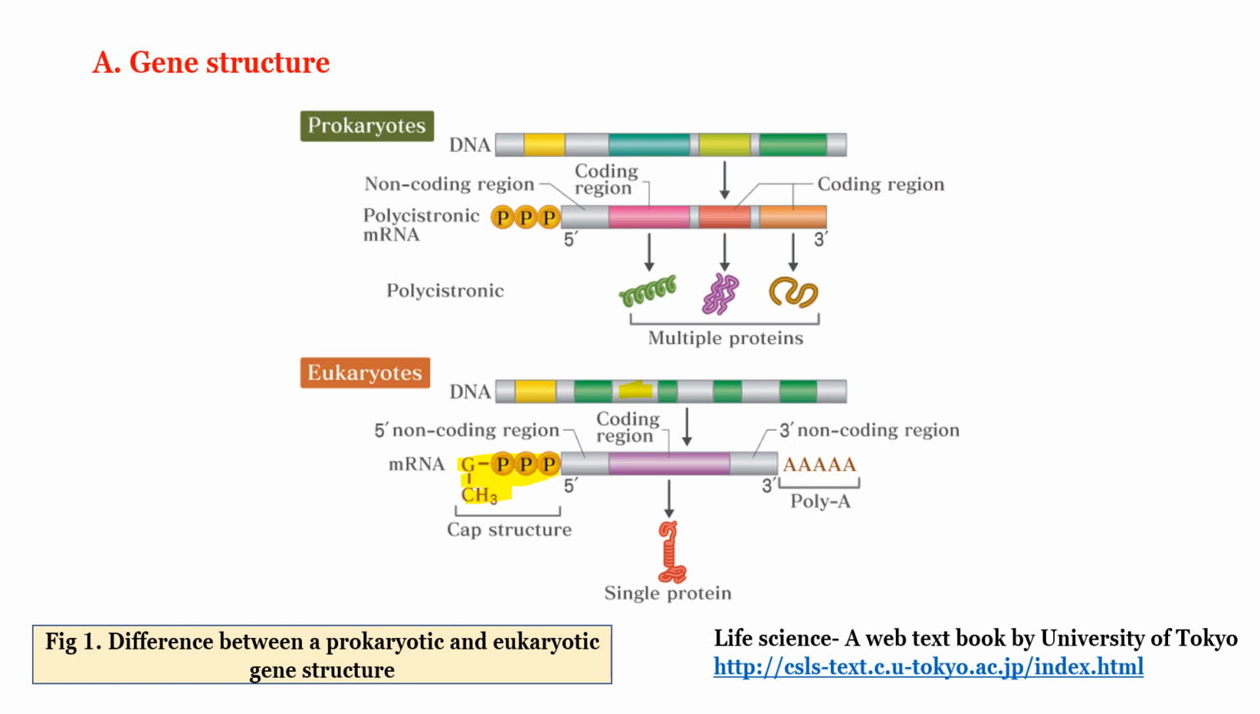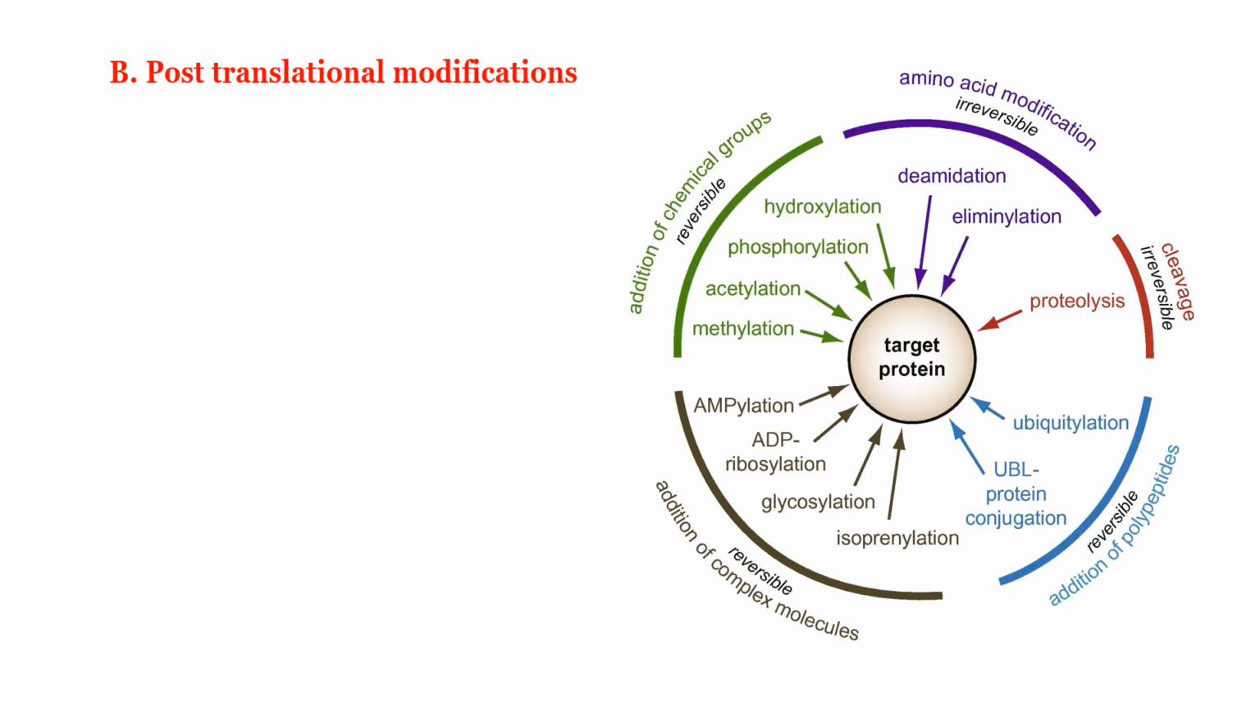Now, such modifications are not seen in a prokaryotic gene. So obviously if we are going to clone a eukaryotic gene into a prokaryote, the prokaryote would not be able to do such post-transcriptional modifications, and eventually it will not give us the desired outcome. Okay, this is the first thing. The second thing is